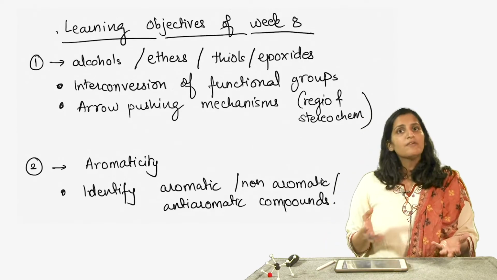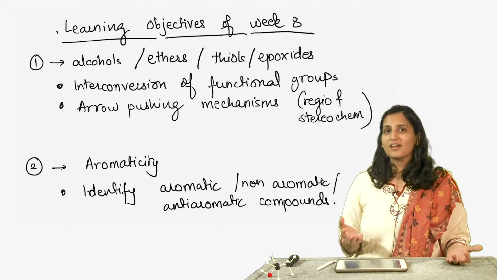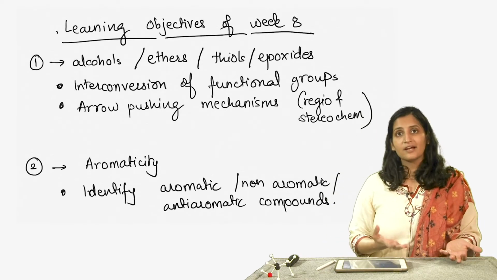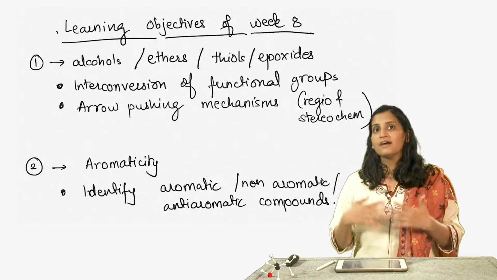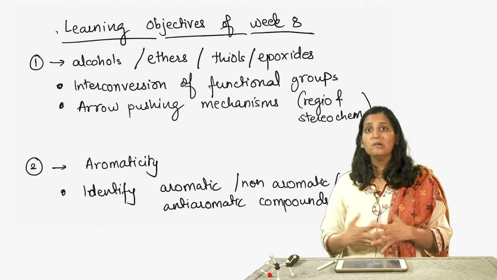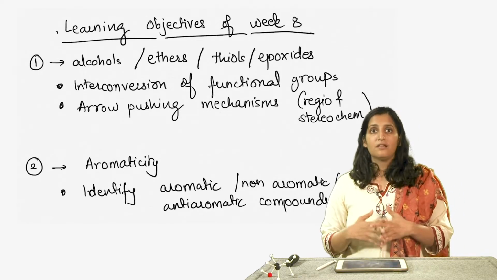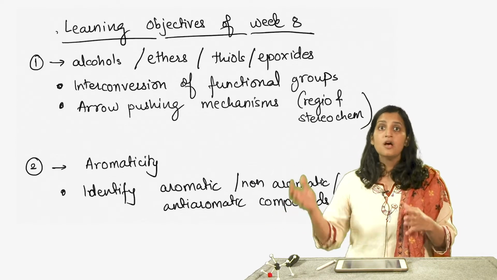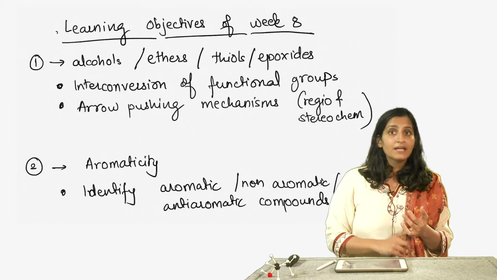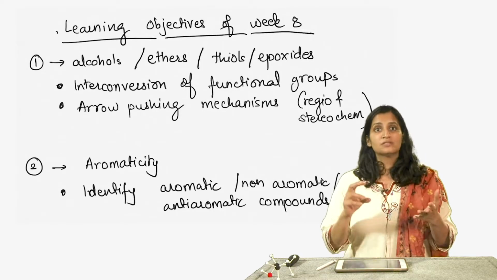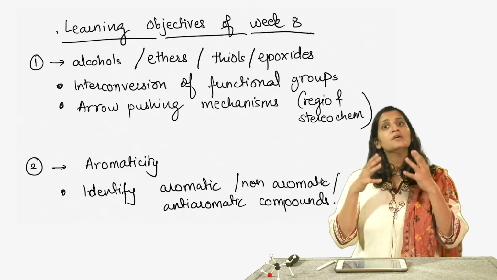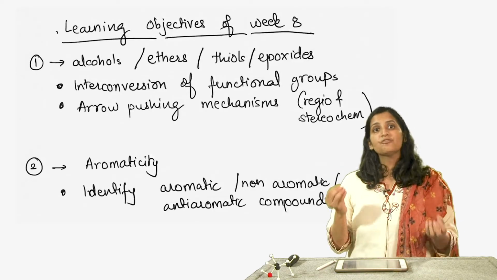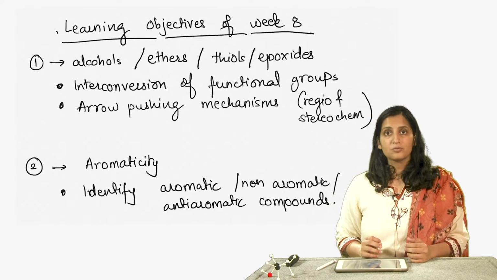When we think of alcohols, one of the most common usages that comes to your mind is actually ethanol, which is an additive in drinking alcohol. But alcohols play a very important role other than drinking alcohol. For example, alcohols are very important because they can be converted to many other functional groups. These include alkenes, alkyl halides, aldehydes, ketones, carboxylic acids, esters. Most of these functional groups that contain an oxygen can be interconverted from alcohols.